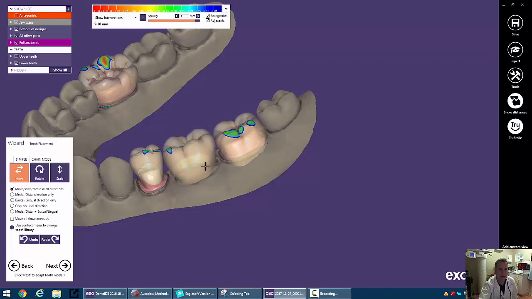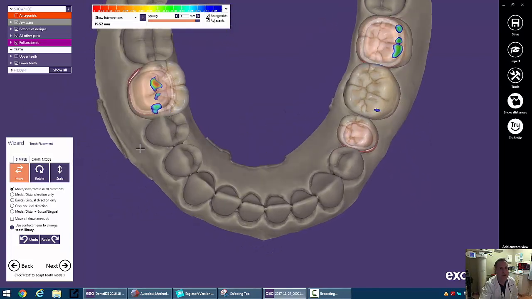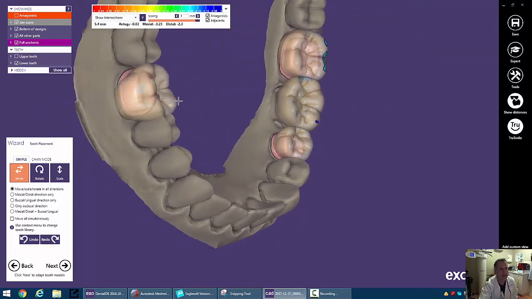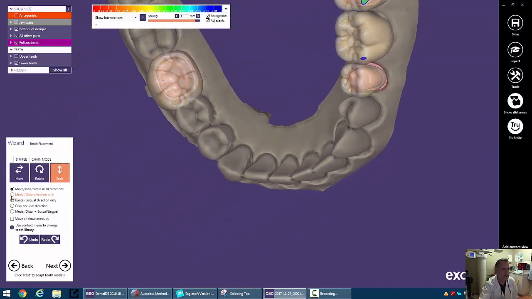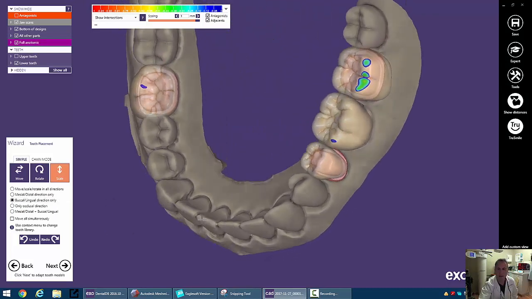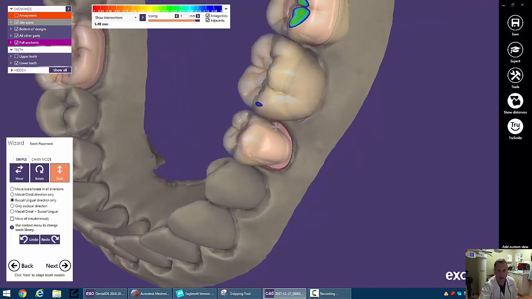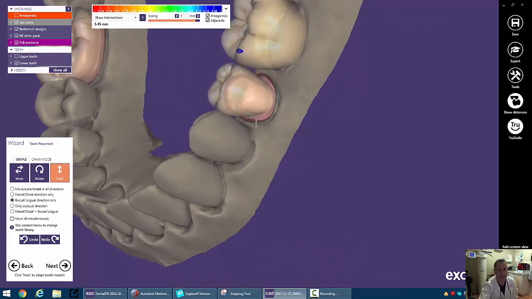We're going to have the computer help us with that, but we want to sort of get it in the general position. We can see here this number 30 is really big, so we can move it down, and let's scale that in mesiodistally. So we can just click on mesiodistal and get that to kind of tuck in and move that over. We may also want to scale it buccolingually, so we can hit scale and go buccolingual and make that a little bit smaller. You may notice here that on number 20, we're not enveloping the margins here. Let's leave this alone for now. If we can scale it maybe just a little bit, but we're going to take care of that using the Form tool. So if we click Next,